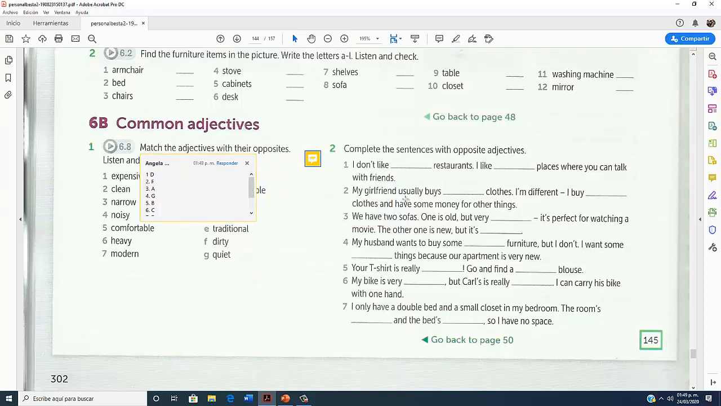And in this exercise, we need to complete the sentences with the opposite adjectives. For example, number 1 says, I don't like,